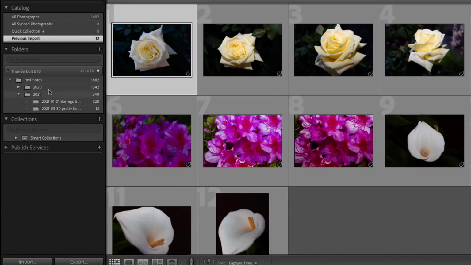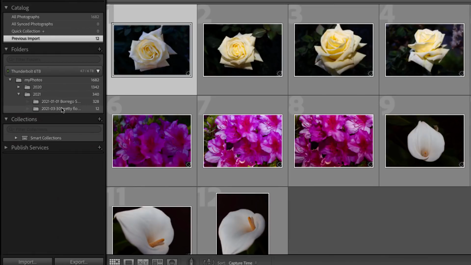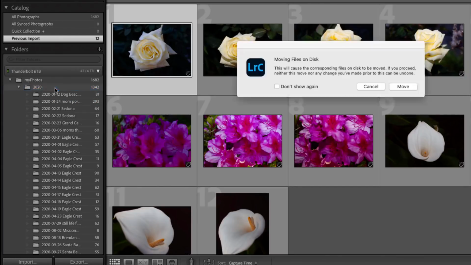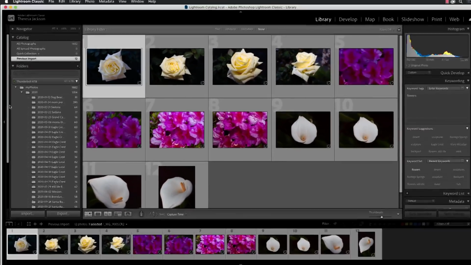You can also move folders between folders within Lightroom Classic. And if you do that, if I take the Pretty Flowers folder and I drag it up to the 2020 and I let go, always read these messages. Lightroom Classic actually has very good messages if you read them. It says, this will cause the corresponding files on the disk to be moved. If you proceed, neither this move nor any change you've made prior can be undone. That means you don't have a Command Z or Control Z. You click move, and